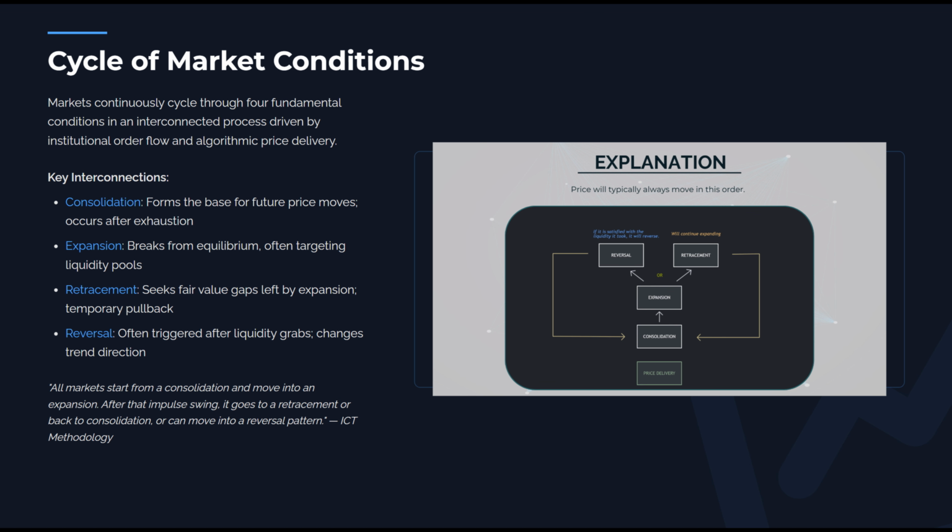Understanding this cycle is crucial because it tells you what to expect next. If you see consolidation, you know expansion is coming. If you see expansion, you know either retracement or reversal is next. This isn't random, it's the natural rhythm of the markets. Just like you can predict that winter will follow fall, you can predict that expansion will follow consolidation. The key is learning to identify which phase of the cycle you're currently in, and then positioning yourself for what